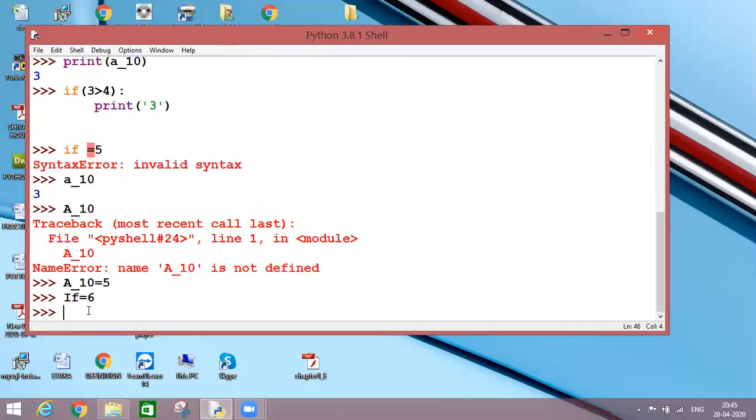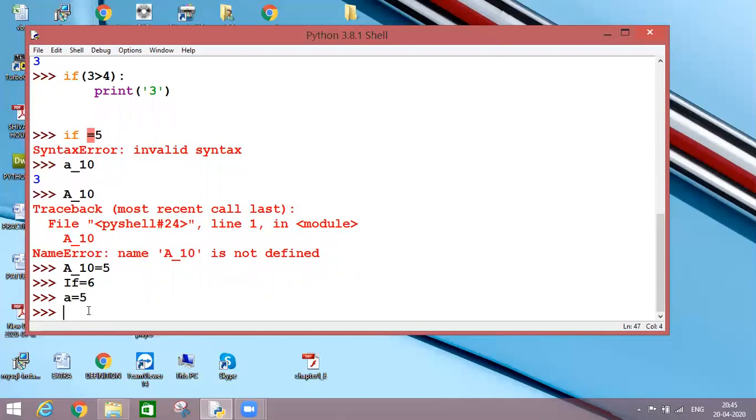Let's move on. Now students, I explained one concept of a variable, that as we are assigning values to my variable, I can take these values out. How? Let's see. If I say that A is equal to 5, now A is holding 5, not 3.